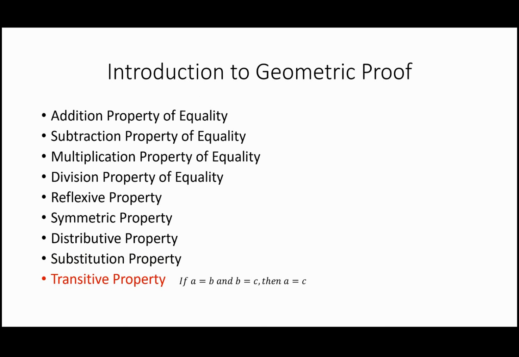The transitive property has to involve 3 things in order to work according to the definition, which is to say, if you have A equals B and then B equals C, B is kind of acting like the middleman to connect, and you can use the transitive property to connect A directly to C, coming up with this conclusionary statement right here, A equals C. Okay, this is